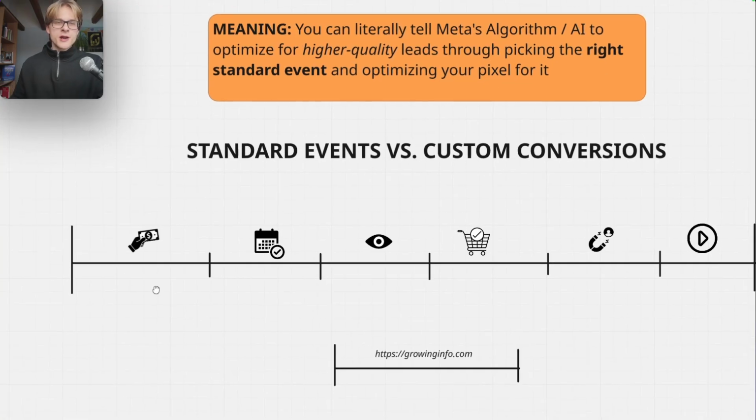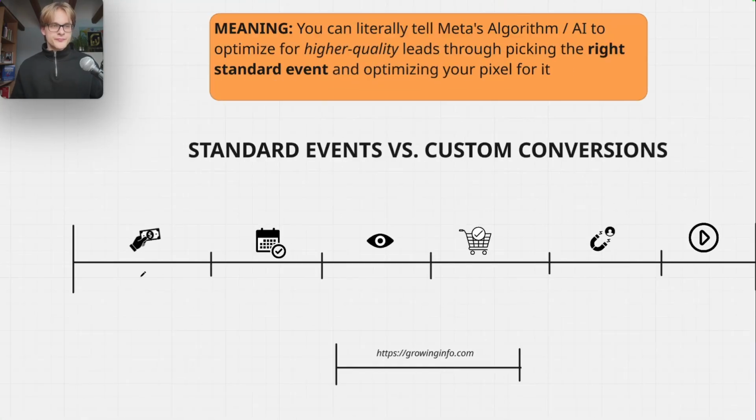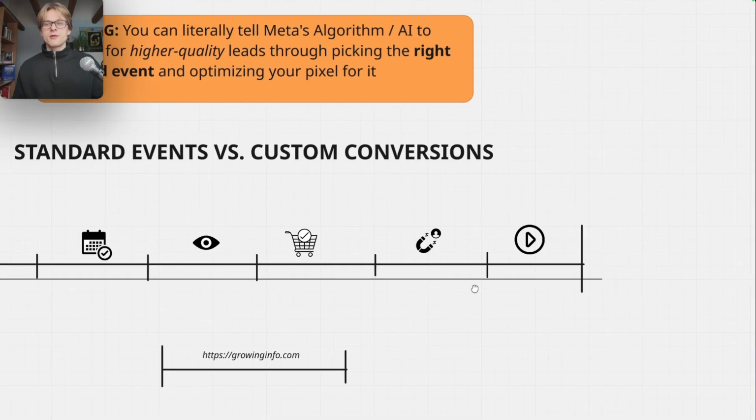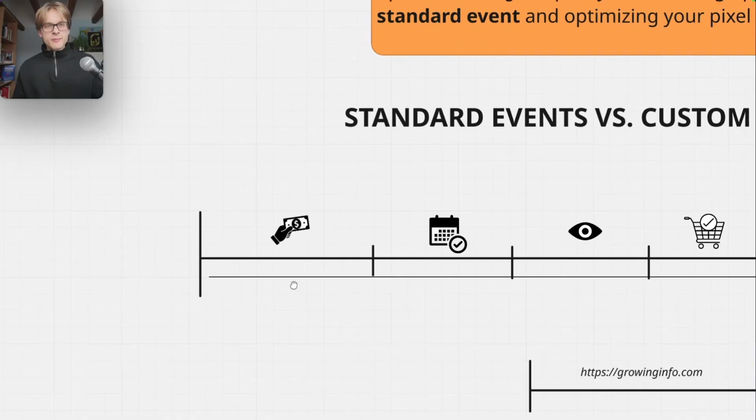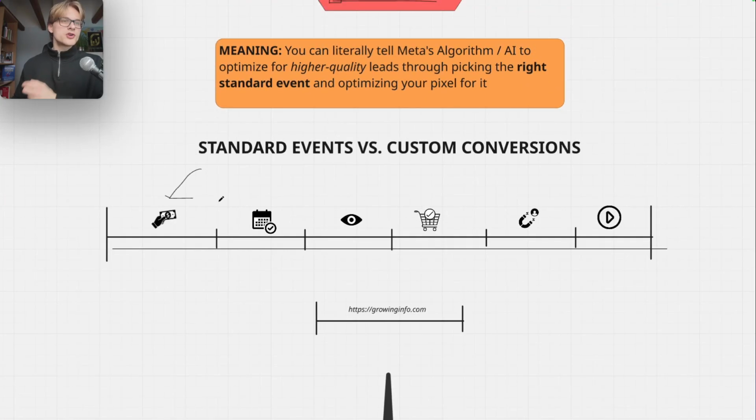When you think about a standard event, essentially it is your targeting, okay? A standard event determines who you can target on Meta's platform. These are all the different standard events that we have, right? And when I select the standard event purchase, I can only select this part of the audience on Meta, okay? Because I'm optimizing for people who have purchased in the past, and for people who, based on the data points, are similar to people who purchased in the past, especially in the same niche, with the same messaging around it.